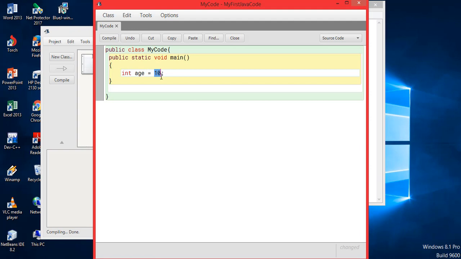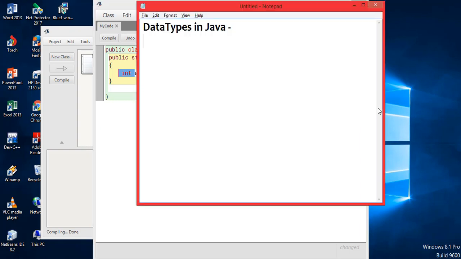Now how does it come to know that only numbers are allowed in age? That is because of this data type out here. The moment I write int, it means only integer values, that means only numbers. So the first type is the int data type, generally used for storing whole numbers. You can store negative as well as positive, but you need to have whole numbers.